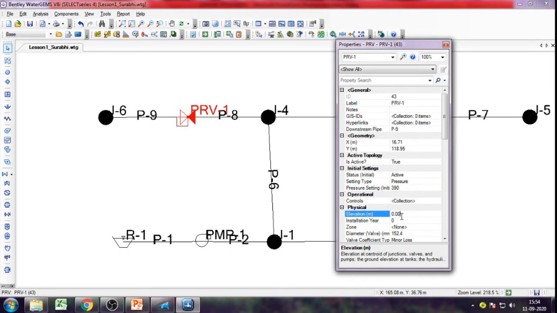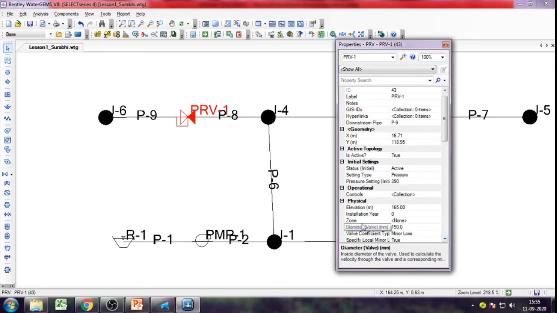Its elevation is 165 meter and its valve diameter is 150 mm. Basically this valve diameter depends on the diameter of the pipe. So this is how the PRV is defined.